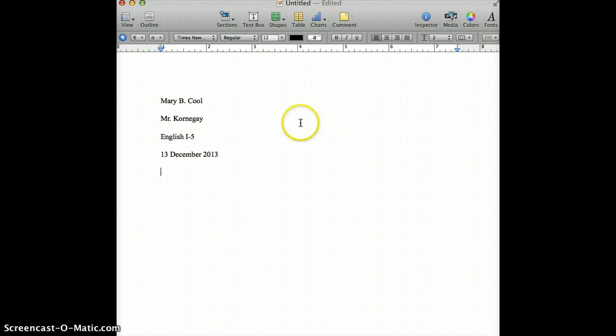Then we're going to indent one space, and we're going to come up here, we're going to put it in the middle, and this is where our title is going to be. Remember, for a title for a paper, you need to come up with something that tells me about the paper, something that is interesting, something that's attention-grabbing, not just something like title or essay or English essay. Try to come up with something a little bit more original. Like just off the top of my head, we could do